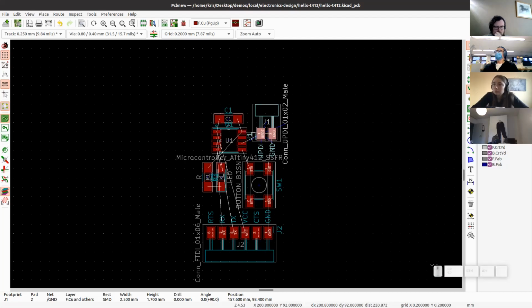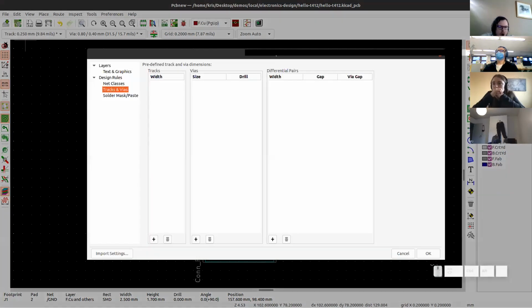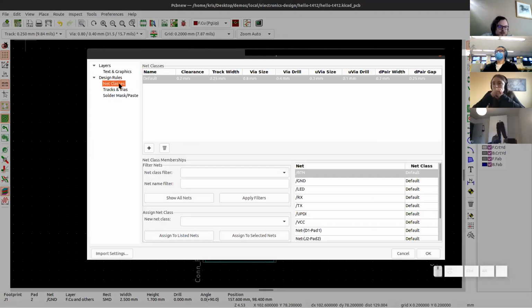And the next is to use the route tracks tool in order to route the copper wires in between them. But before we do that, it is important to make sure that we have the track widths set right. And for PCB milling, we want the tracks to be a bit thicker than 0.25 millimeters. And for that, we're going to go to this edit predefined sizes option. In order to access this, you have to click here and then predefined sizes. And we need to click on the net classes